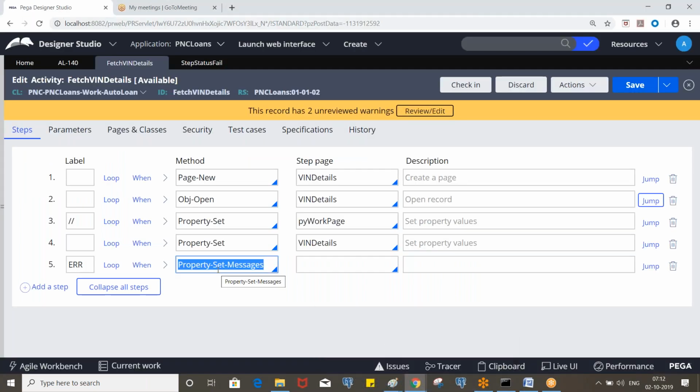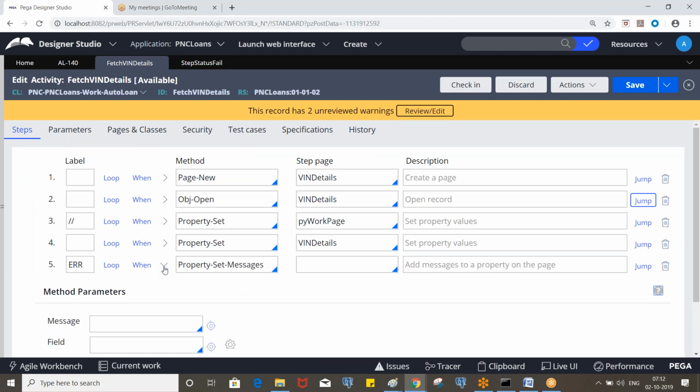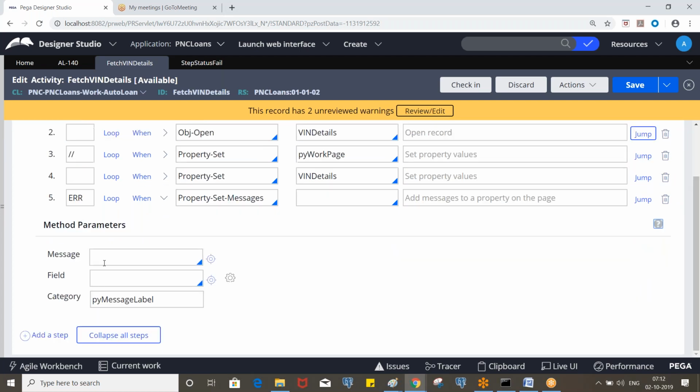Here we are going to display a message on the property called win. So whenever you select the win, it will display a message saying that win doesn't exist. The category is not required, so you remove it. And the field, where you want to display it, that is win, and the message we need to put in double quotes.